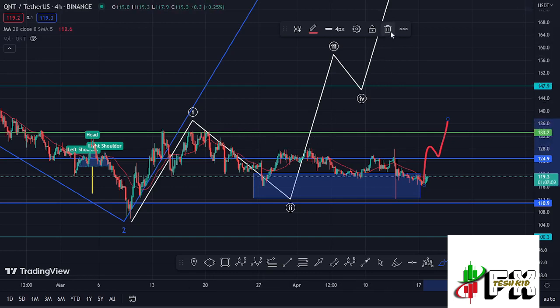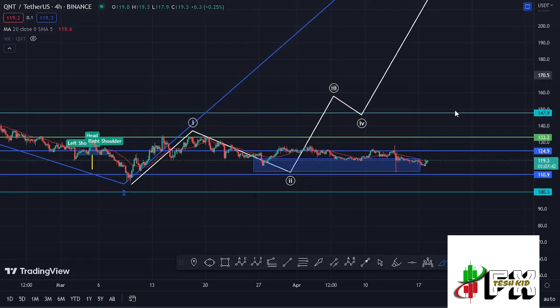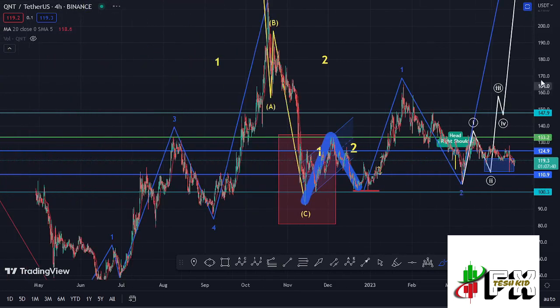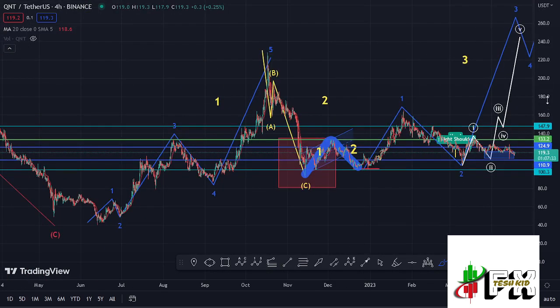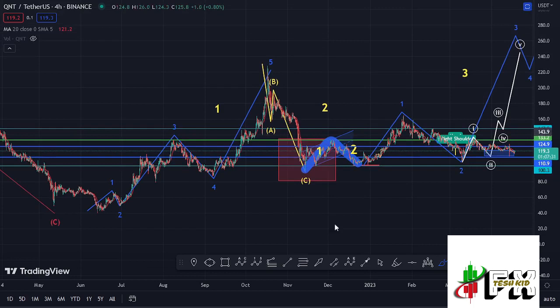and there will be high chances that Quant is going to continue gearing up until we fully maximize our minimum target areas at around the $157 mark in the formation of that wave 3, before we can expect a pullback in the formation of that wave 4, then continue gearing up in the formation of that wave 5. So that is what I'm expecting on the short-term scenarios, and now giving you the long-term outlook here on the